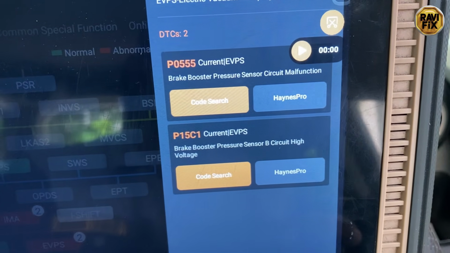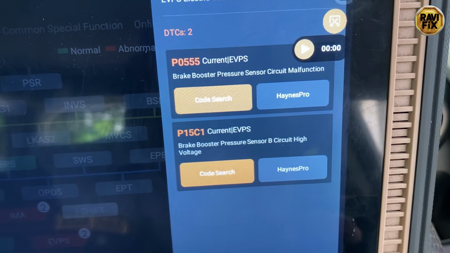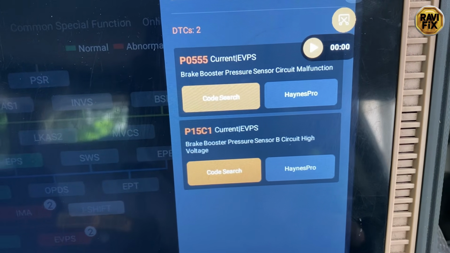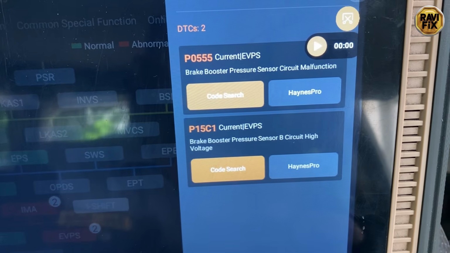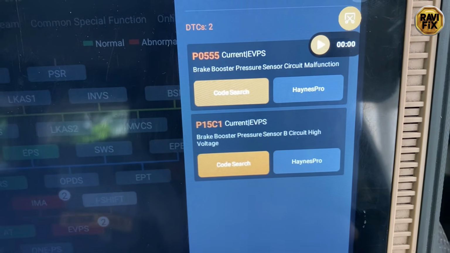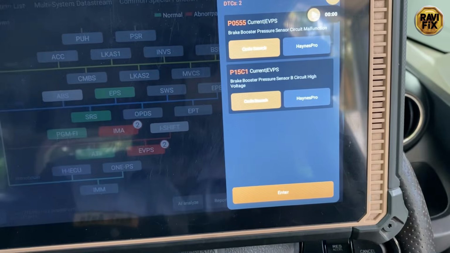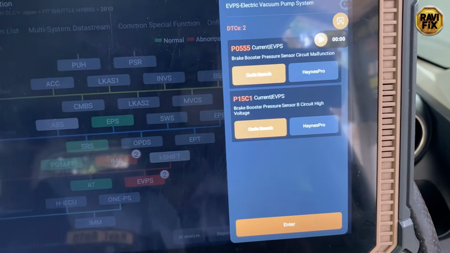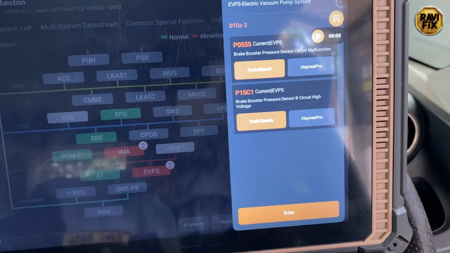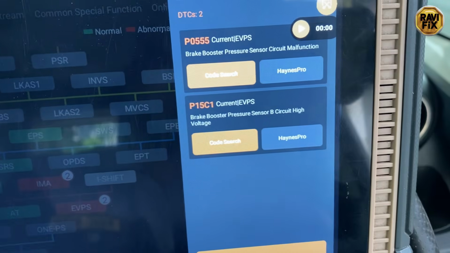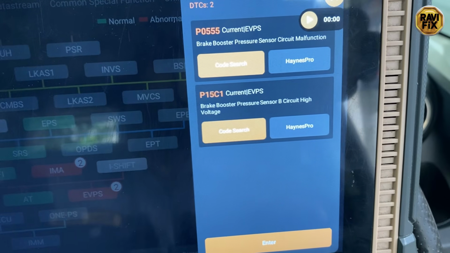And here is the EVAP system: P0555 brake booster pressure sensor circuit malfunction and P15C1 brake booster pressure sensor B circuit high voltage. So this describes that there is a fault in the brake booster pressure system, that means in the pressure sensor or in that circuit. So we have to check further to reveal what is going on with the system that has set fault